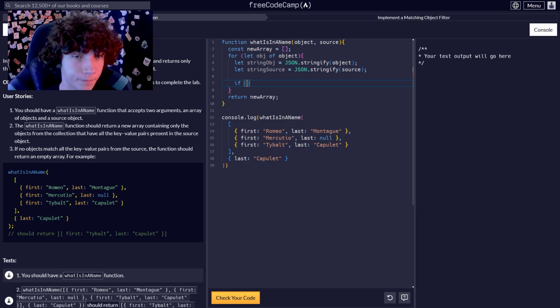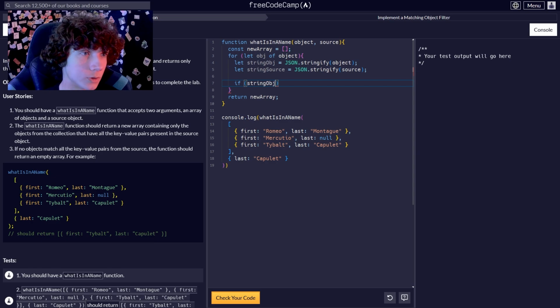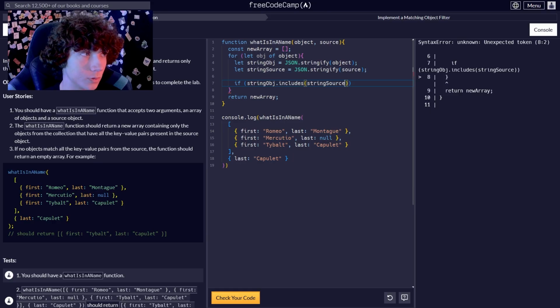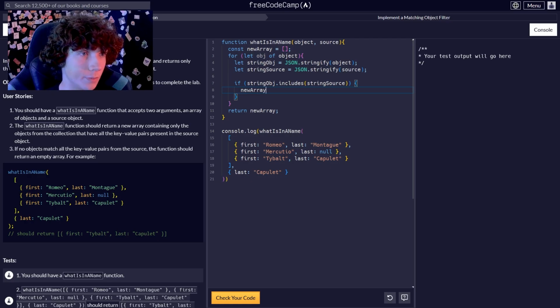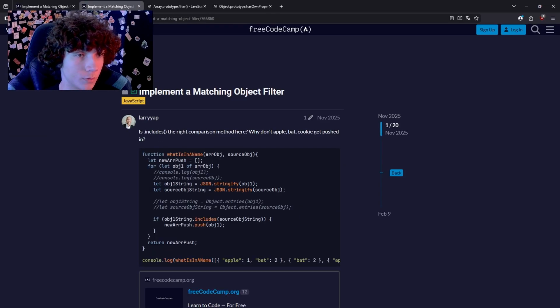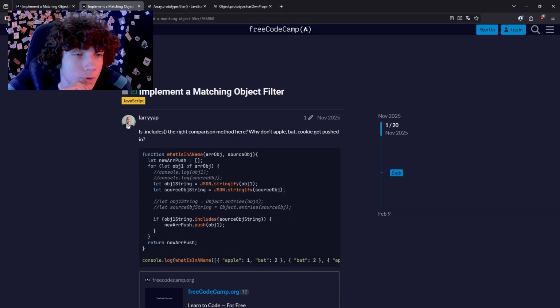If string obj includes string source, then we're going to array push, what we're going to push, object. Oh yeah, we're going to push object. But